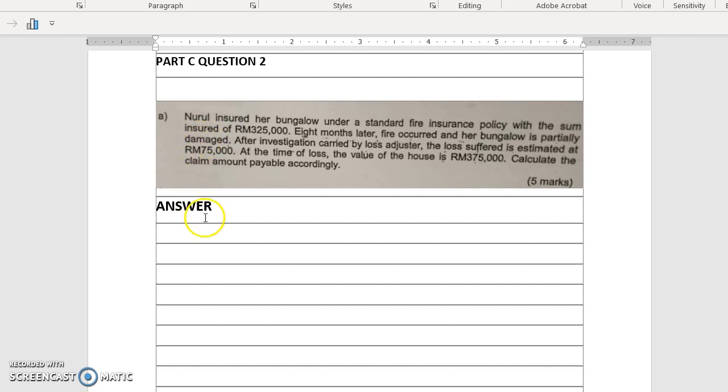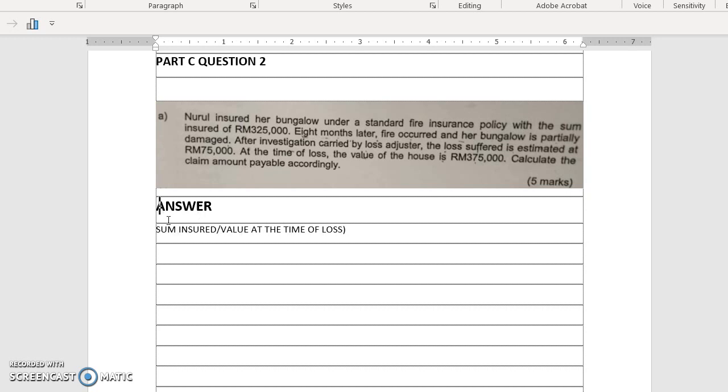Since Nurul insured her bungalow with one fire insurance policy, the formula is sum insured divided by the value at the time of loss, the market value of the asset at the time of loss, and then times